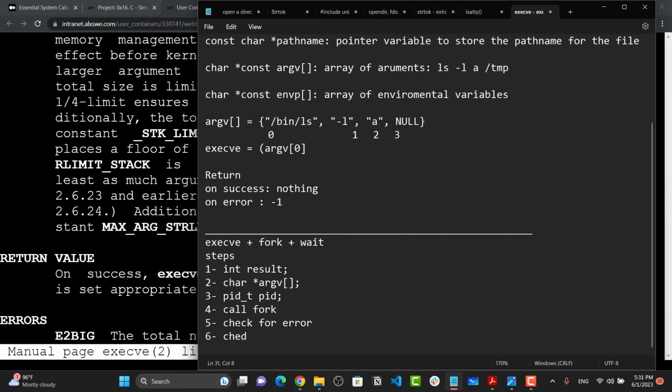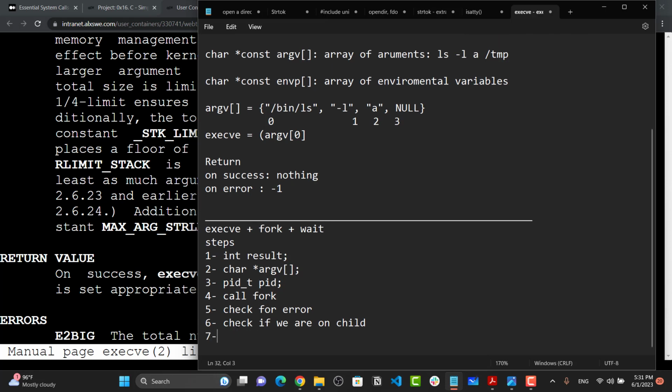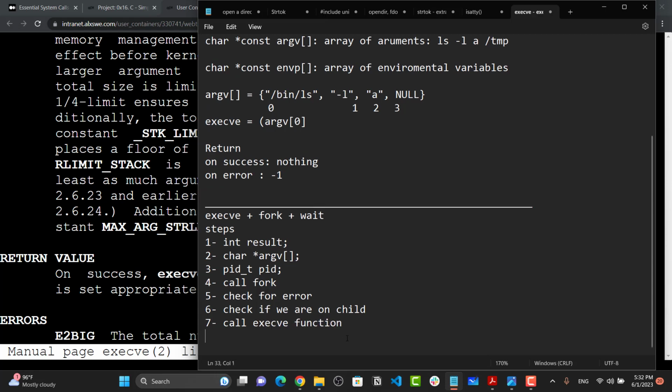Then we check if we are on the child process, and if we are on the child process we call the execve function, and of course we check for error,